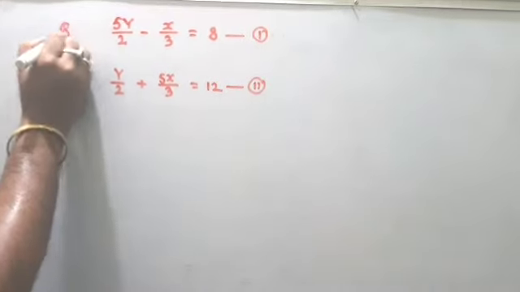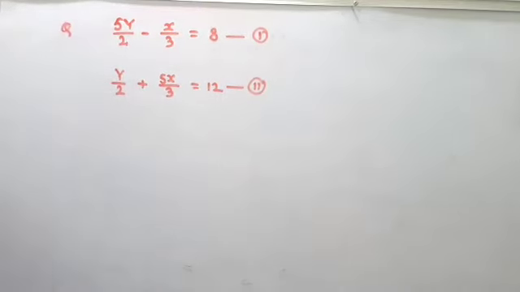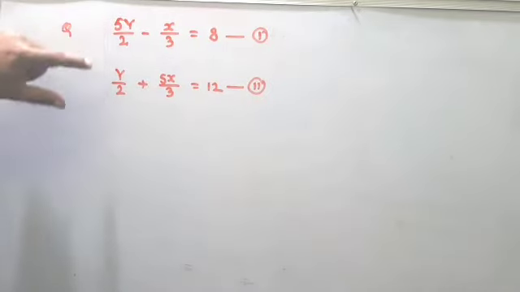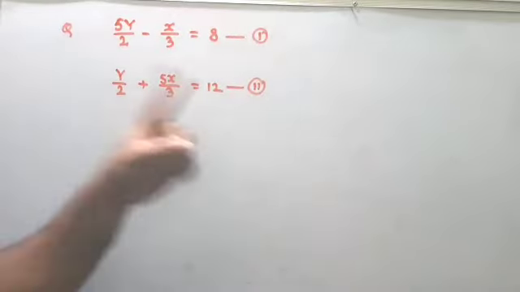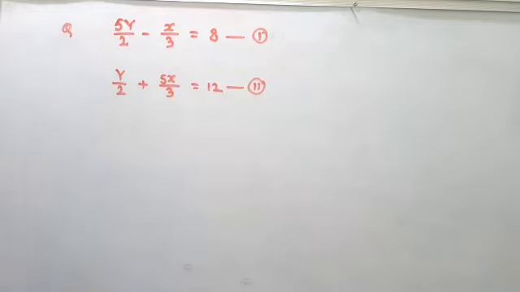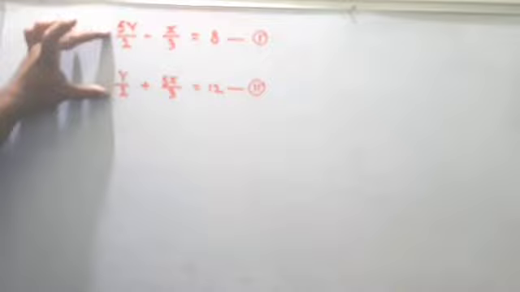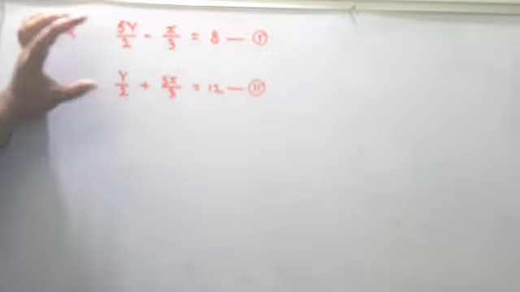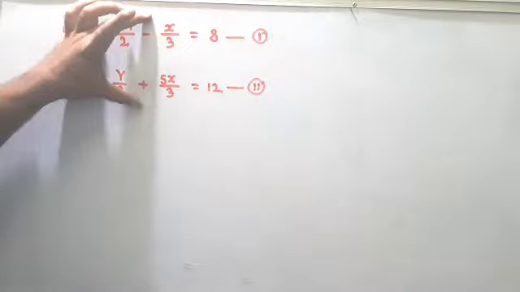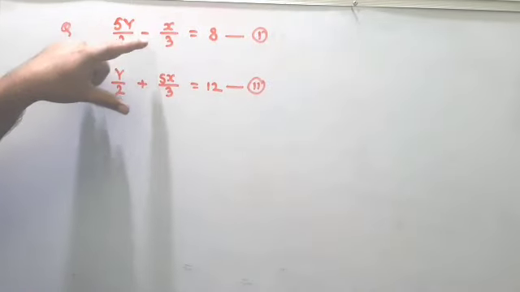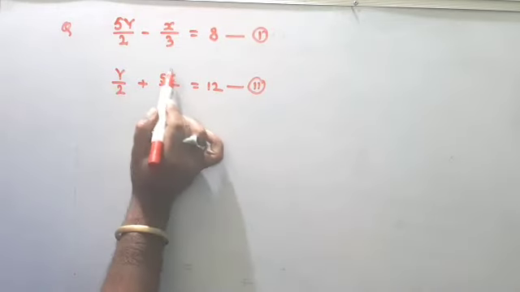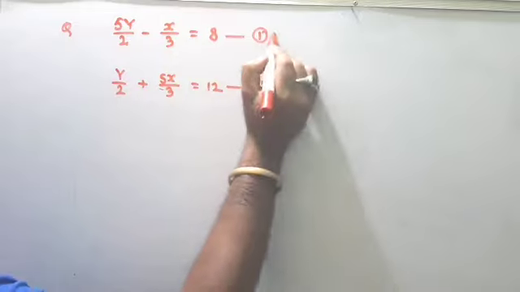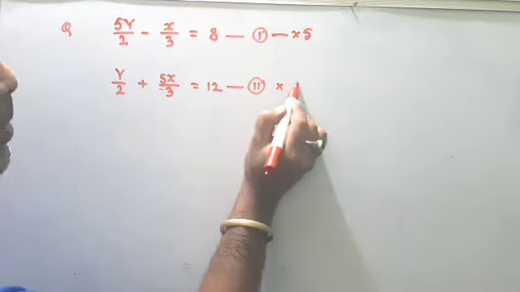Here is one more question. In this case your y has the same sign, plus plus, but x has a minus term: opposite, minus here and plus here. So this time I eliminate x. Now hope you understand. If there are positive or same-sign terms, I don't eliminate them. Why do I eliminate x and x? Because they have opposite signs. So I have to make this 5x by 3 like this, so you have to multiply this one by 5 and here by only 1.